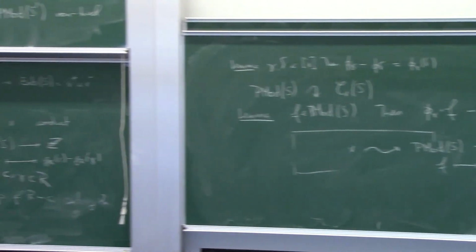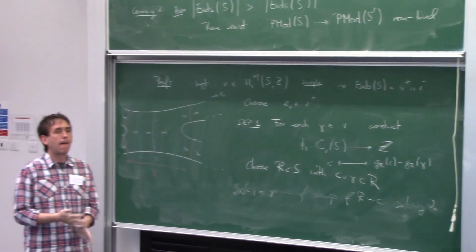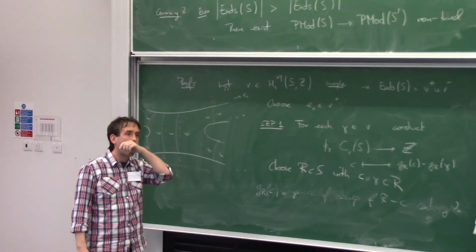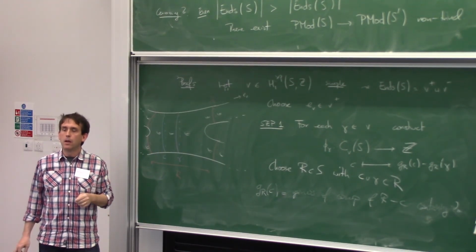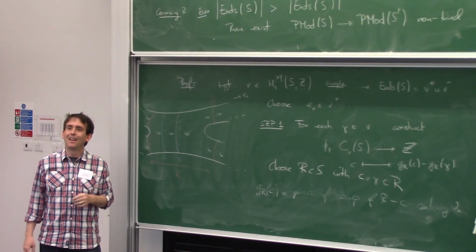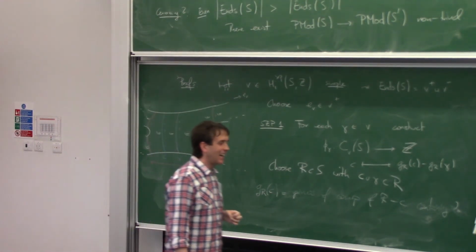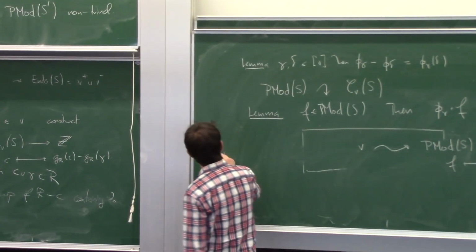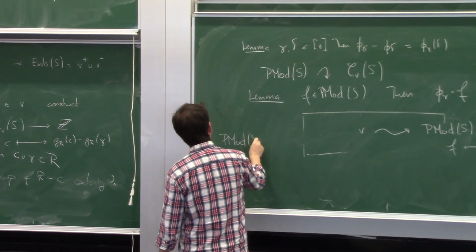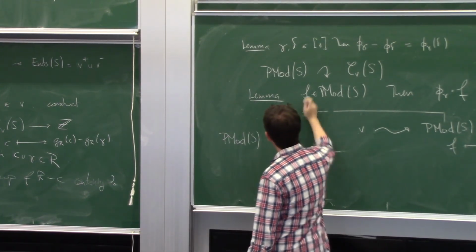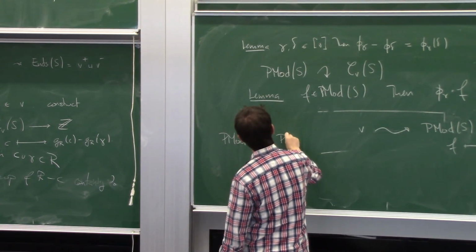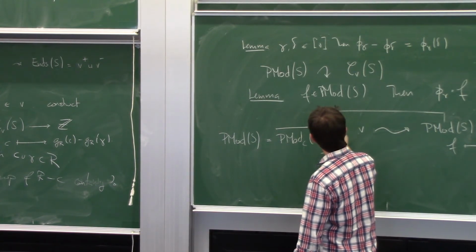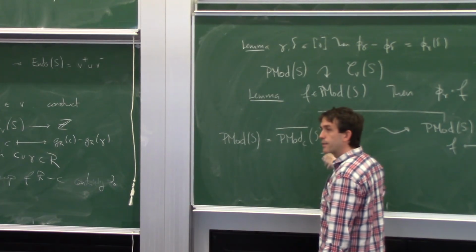Other questions? Can you say anything about H upper 2? No, not me, but maybe. Yeah. How do you know there's nothing else? You prove it's an isomorphism. How? Actually, at some point, you prove that P mod S is a semi-direct product of this guy that you didn't care about, together with some group generated by handle shifts.